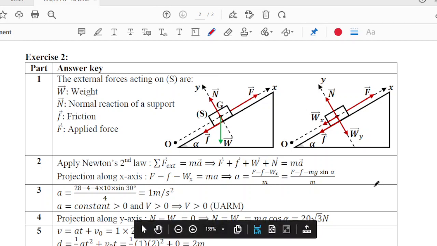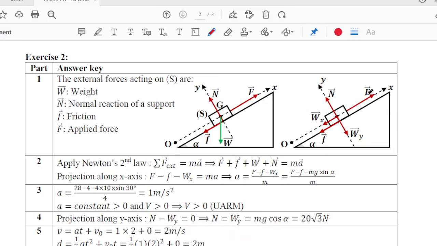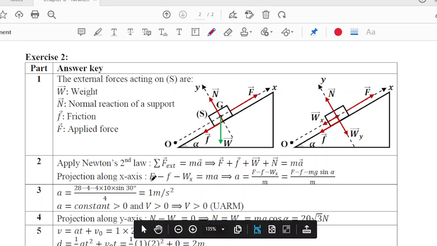What are the forces that act on this object along x? We have capital F, small f and Wx. But pay attention: some of these forces are directed along the x-axis and some are opposite to the x-axis. I put all three, capital F, small f and Wx, but the forces along the x-axis take a plus, so capital F is plus. Friction and Wx are opposite to the x-axis, so I get capital F minus small f minus Wx